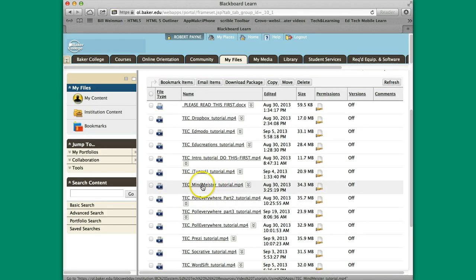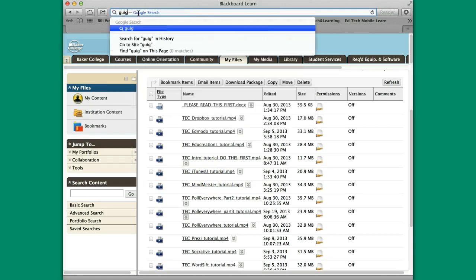One of them I did want to point out is MindMeister. Anybody who was there yesterday, MindMeister is a kind of mind map or concept map software that's web-based, and until we get the ability to do Prezi, you may want to consider this. I didn't have time to show you that, but there's a tutorial right there that'll show you how to work on this kind of stuff. So that's that deal. The other place I wanted to remind you about is